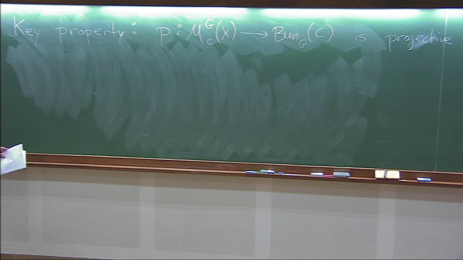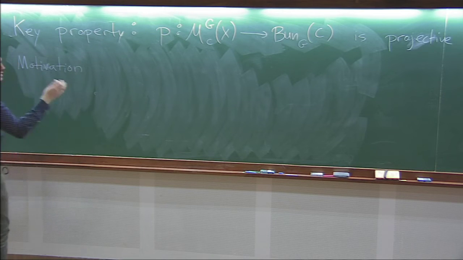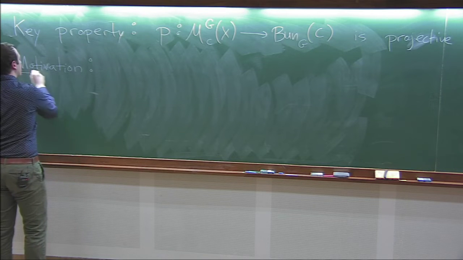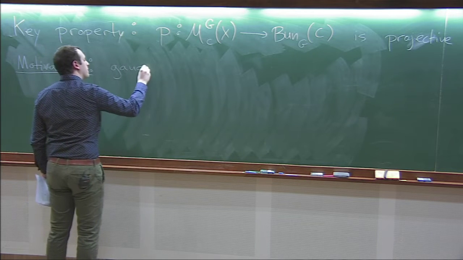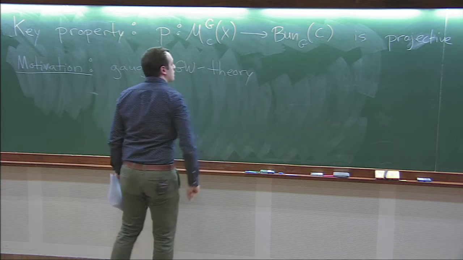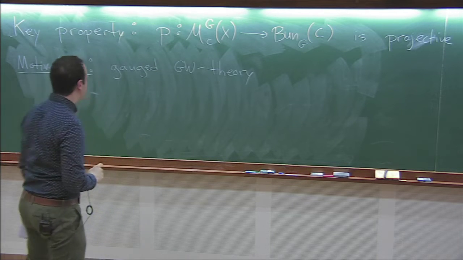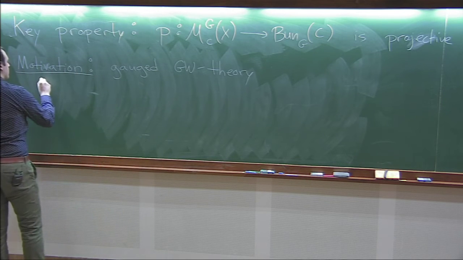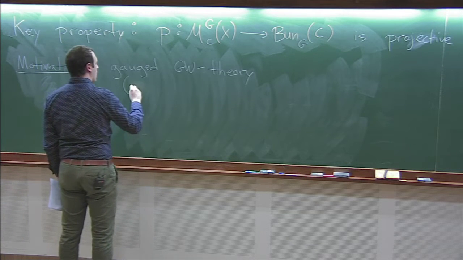Okay, so I should at least remark, although I have a feeling with this audience that this moduli problem is already motivated, that there's a motivation coming from enumerative geometry, and this is what's called gauged Gromov-Witten theory. So this is the moduli problem. There's no stability condition. Oh, and I should say this has been investigated by people in the